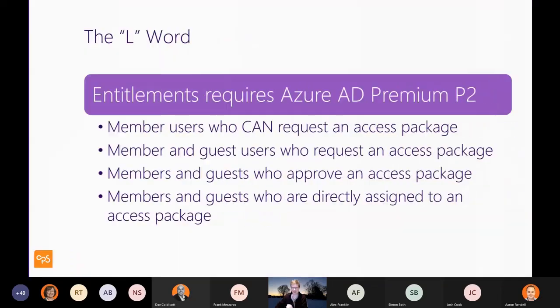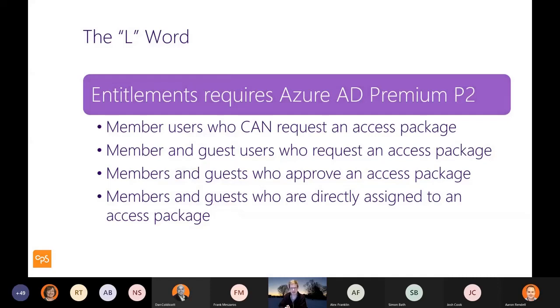So key things here around the benefits. Now, with everything that's Microsoft, as certain people on the call know, the first thing we have to address is the licensing word. Licensing for this is Azure AD Premium P2. So if you have EM&S E5, then you're okay. If not, then you'll need to look at an uplift to Azure AD Premium P2. There's then all sorts of numbers about how many people are licensed and how many people are guests and how many people are using this. But essentially, the crux of the matter is you need to uplift in terms of the licensing. You don't need the full EM&S E5, but certainly Azure AD Premium P2. But once you do have that in place,